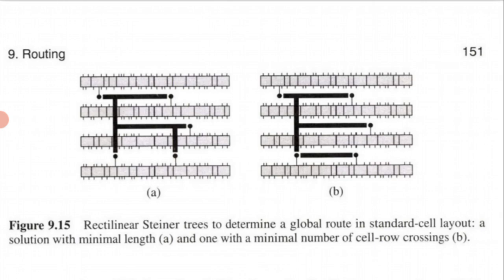If there is no feed through cell, the connection is not possible, and we have to go for another feed through cell if there is excess, just to make the connection. Here only the horizontal channel will exist, that is, the channel heights are not fixed. If there is no feed through cell, there will be no connections between the rows, so it will be a failure. Insufficient feed throughs lead to a failure. That is discussed here.